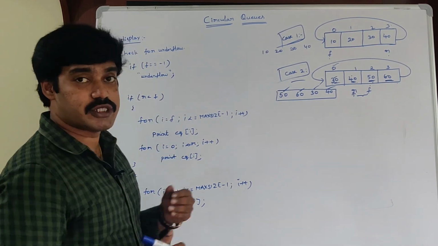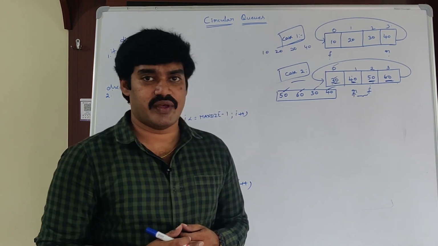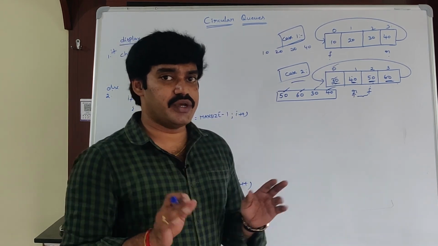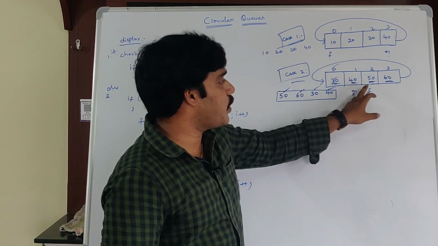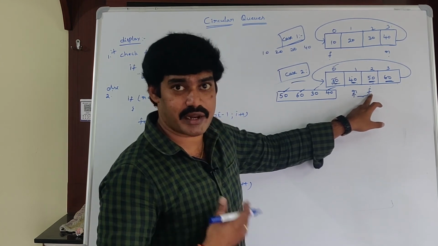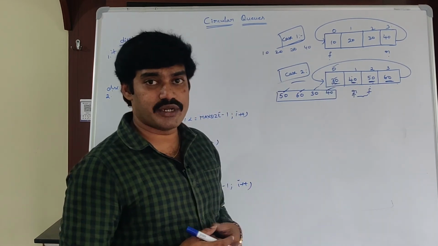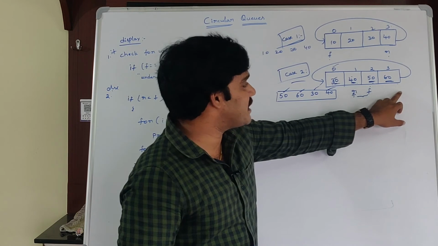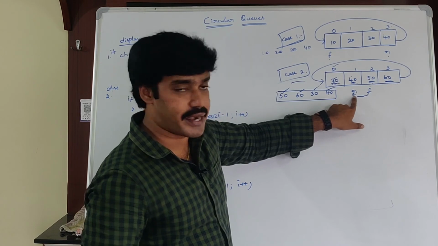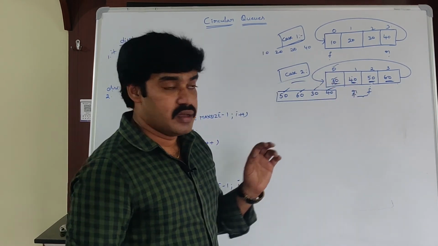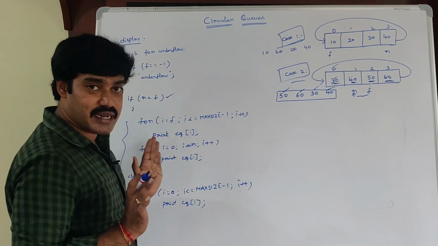So this is the logic to display the elements of a circular Q data structure. Check for the underflow condition, whether the circular Q is empty or not. If the circular Q is not empty, then we need two cases, case 1 as well as case 2. Coming to case 2, what are my Q elements? The elements starting from the front pointer are my Q elements. So 50, 60, next 30, 40 are my Q elements. How to display them? For I is equal to F to max size minus 1, display these two elements. Next take one more loop, I is equal to 0 to R, display these two elements. This is the logic when R is less than F.